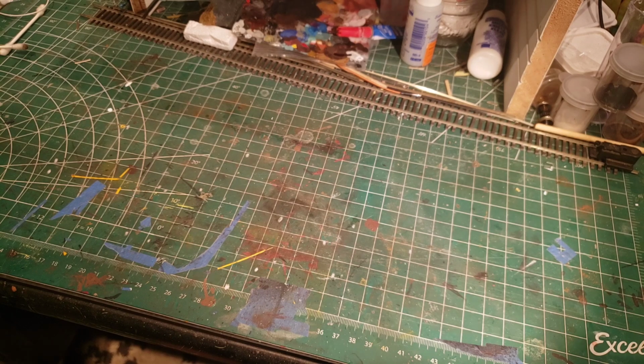Okay, so that was the update on the shelf layout I'm building. I also went to the Ancaster train show last weekend and managed to pick up some pretty nice stuff. So I'll just show you what I got. First up, I got a pair of